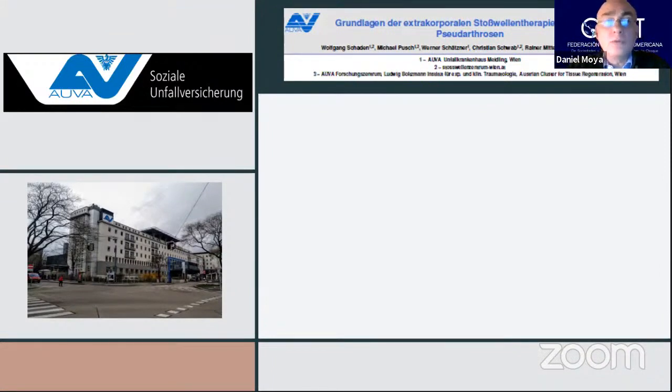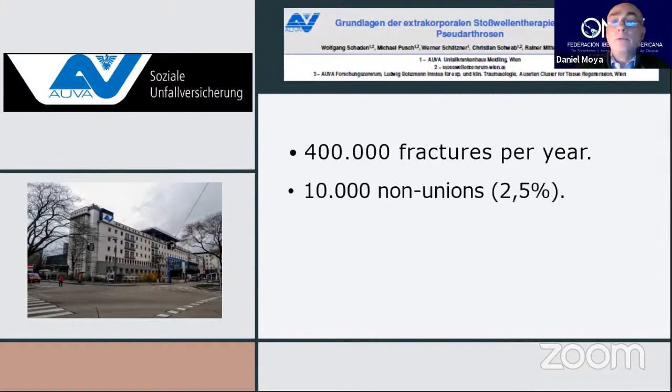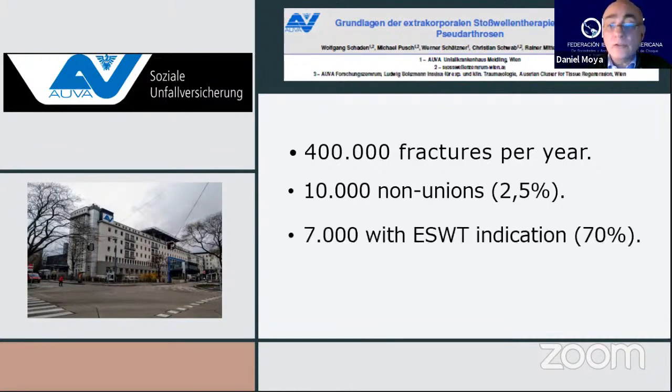And this is a study that was performed in the Austrian system that checks and treats all the work-related accidents in Austria. They analyzed different years, and they found that on average, they treat 400,000 fractures per year, of which 10,000 develop non-unions. Of these 10,000, 7,000 can be treated with shock waves, focused shock waves, because there are some indications and some